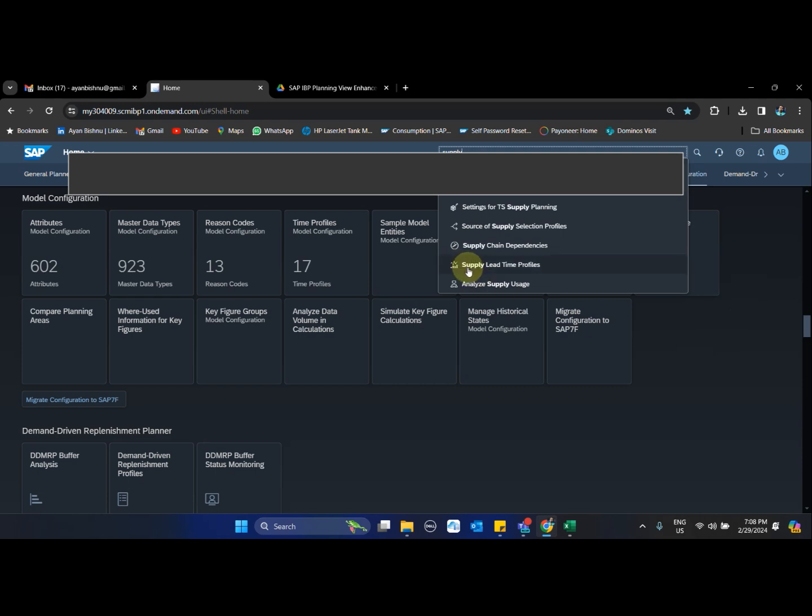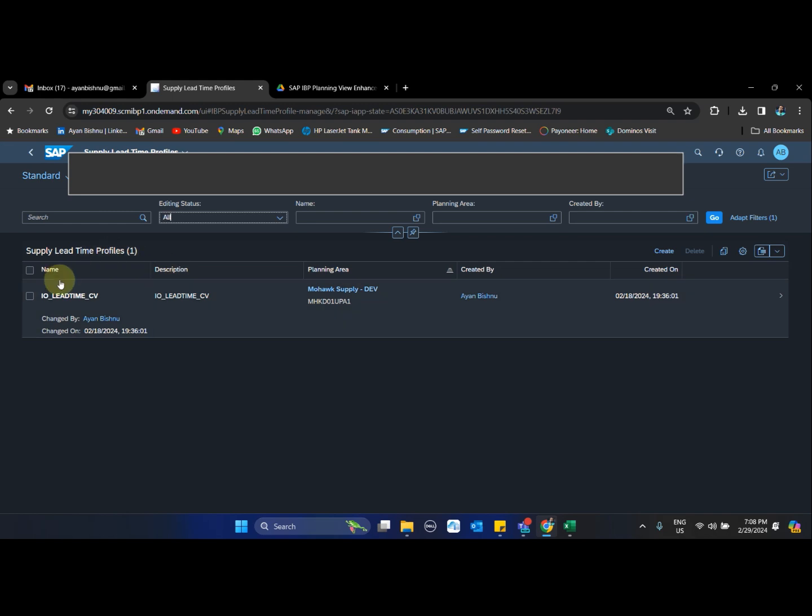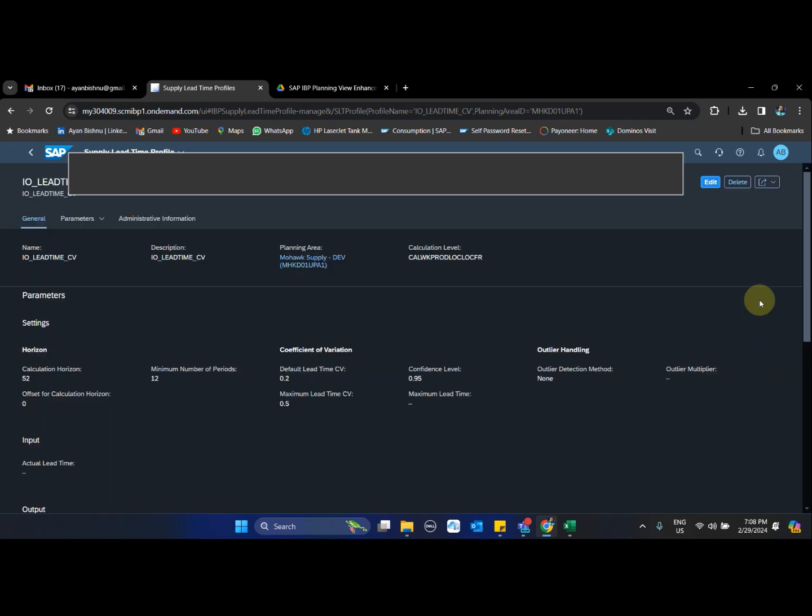This is a new app that is called Supply Lead Time Profiles. If you see here, I have created IO lead time CV. Inside this, we have to give certain inputs in order to calculate the error CV.